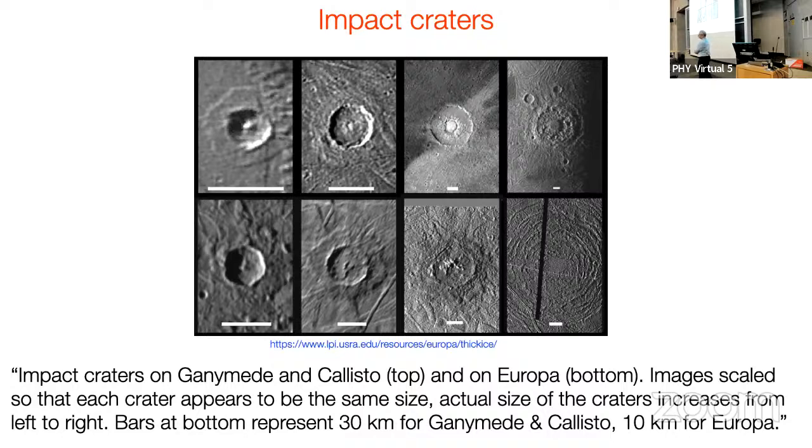Yeah, I think one difference is maybe that the ice cover of Europa is not that old. It's estimated to be, I think, tens of millions of years. I'm a bit on thin ice here when I say that. I'm not completely sure. So that makes a difference, right? If you have 4 billion years or just a few tens of millions of years, I think that makes a difference in terms of the crater coverage.